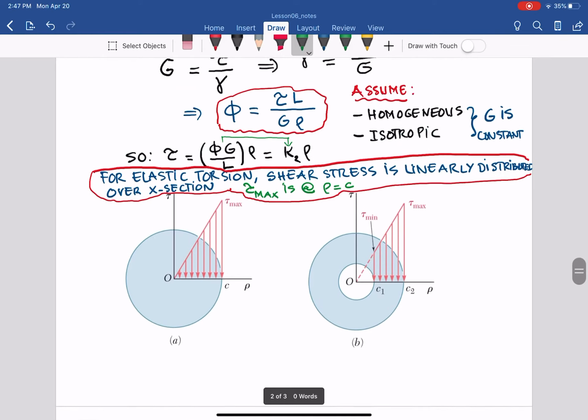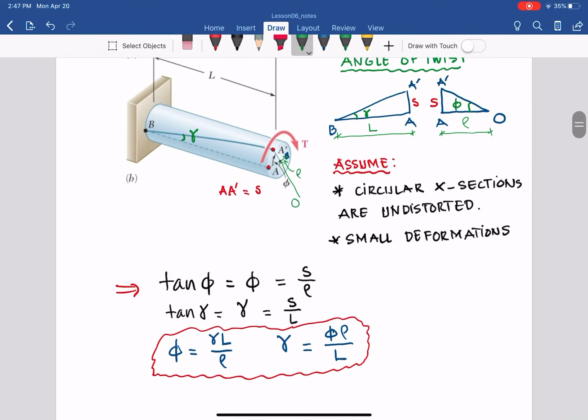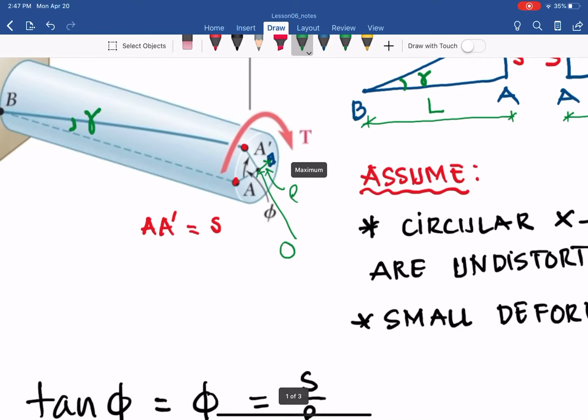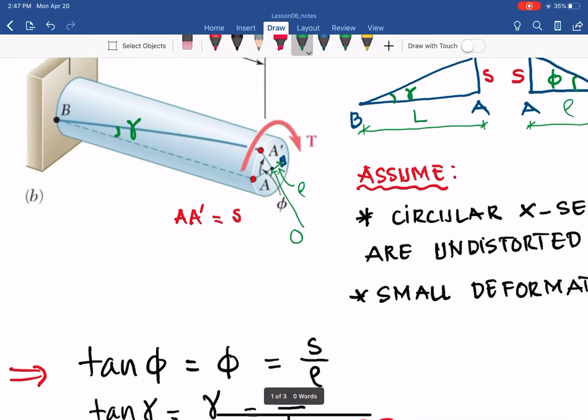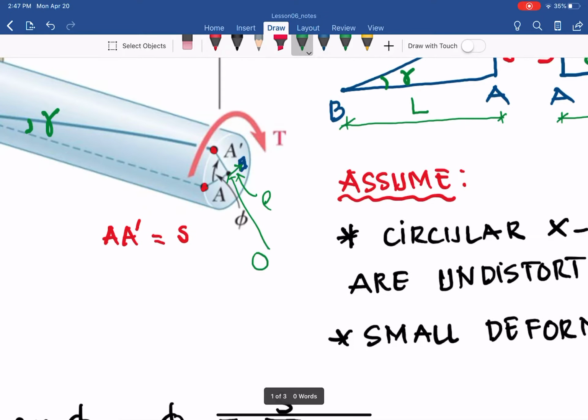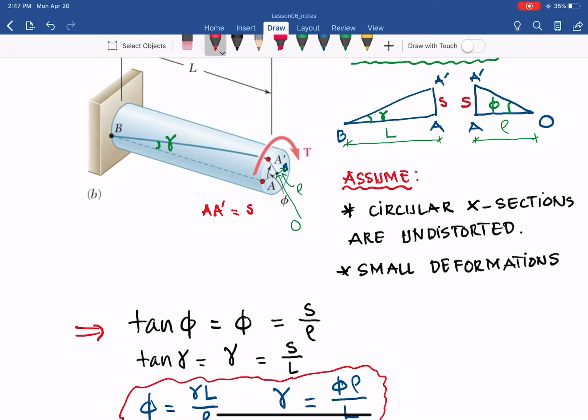So let me go back to the cross section as we defined earlier. With that torque applied, then with the area of the small blue part in the cross section, we can have the load from the torque. We call that delta F on that member. So on that member, if we take the integral of all the moments of that delta F about the center,